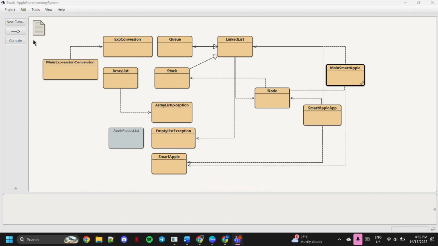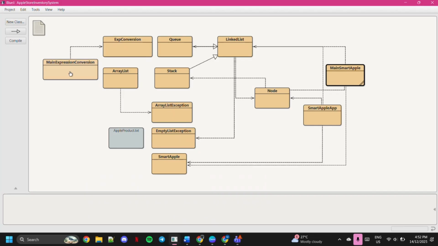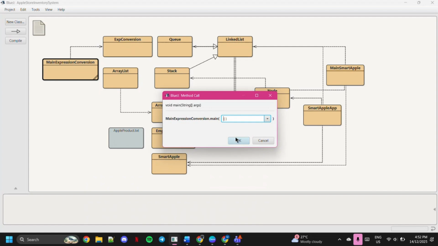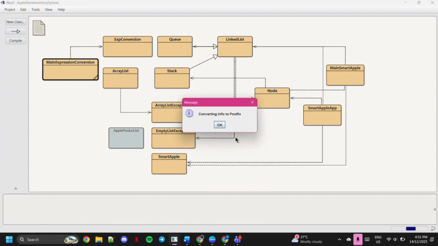Next, I'm going to run my main expression conversion. Firstly, my system will display a message, converting infix to postfix. Next, it will ask the user whether they want to use a stack expression. And we need to enter an infix expression. So, for example,